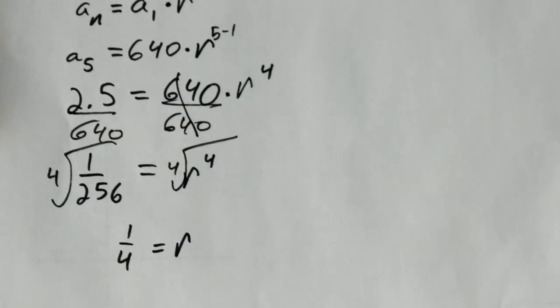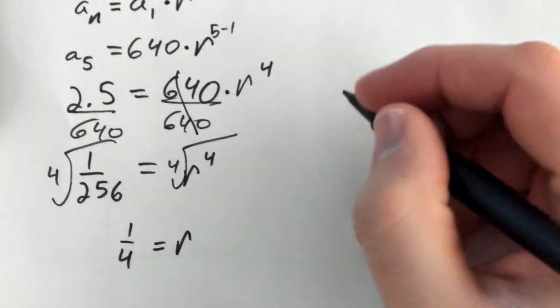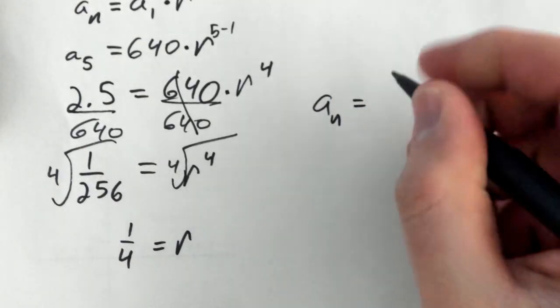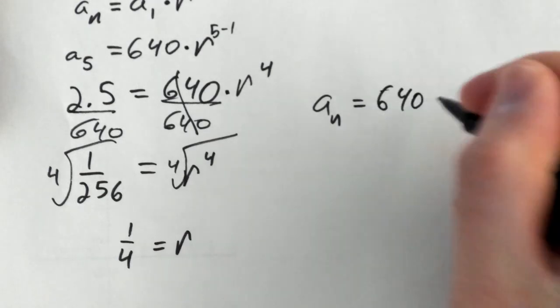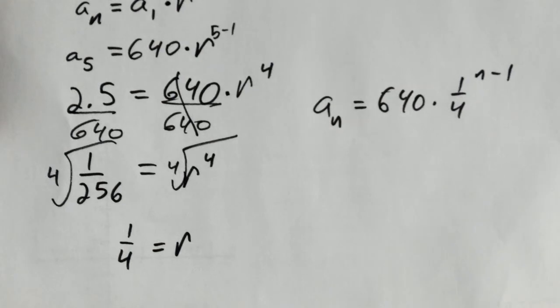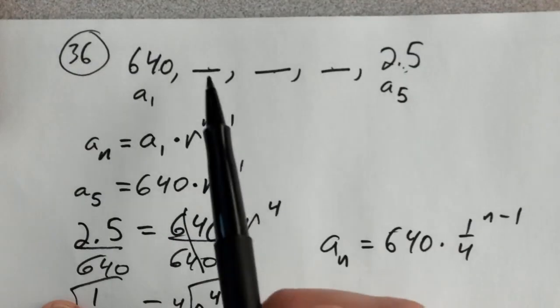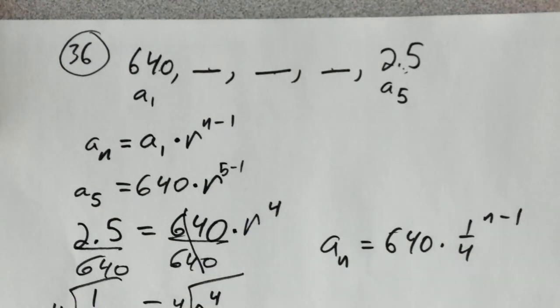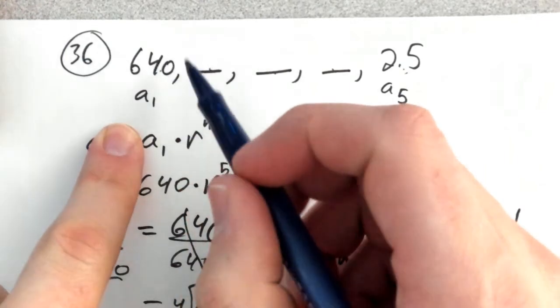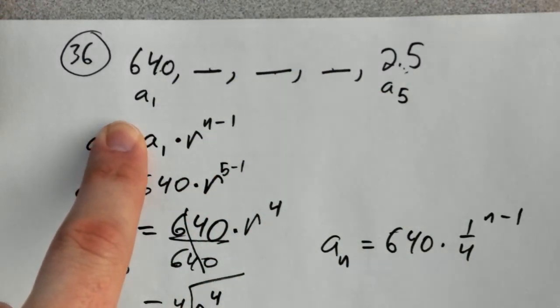Okay, so we're almost done. If we were asked to find the rule, I would have the rule, right? It would just be a sub n is equal to 640 times 1/4 to the n minus 1. Wasn't really asked for that. I don't necessarily need the rule because what I really want is these terms right here. So I know I'm going to find those by multiplying by a fourth, by a fourth, by a fourth, and so on. So 640 times a fourth,